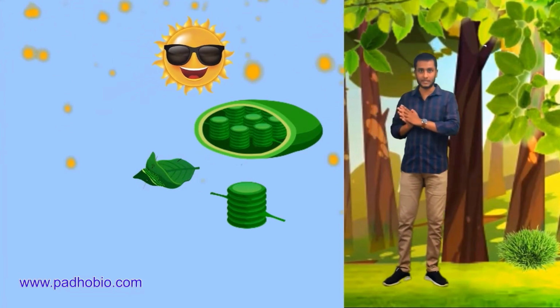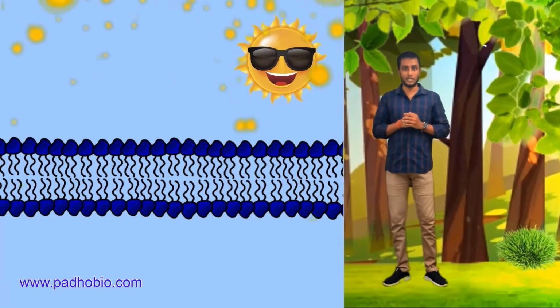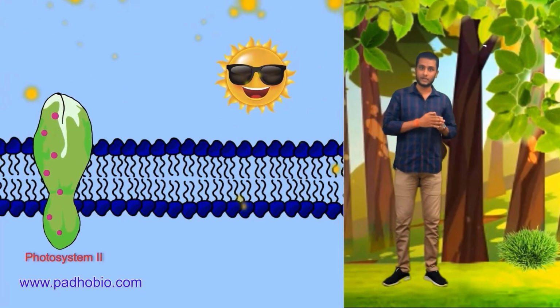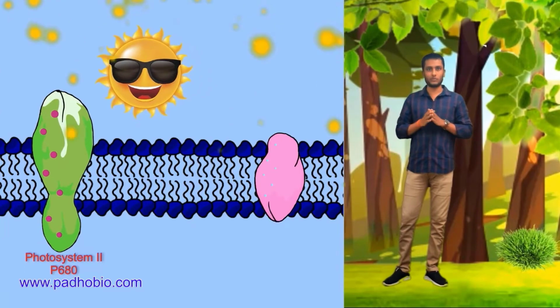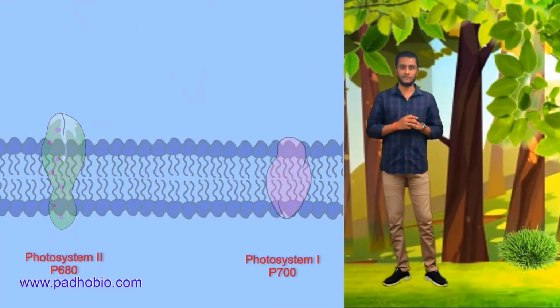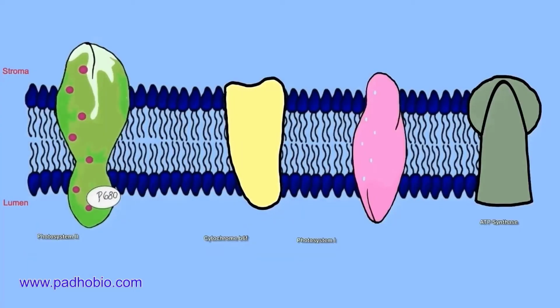So during sunlight, when photon particles reach a leaf surface, they come in contact with the chloroplast, where the thylakoid membrane is present. And in this thylakoid membrane, there are photosystems available, that is photosystem second or P680 and also photosystem first or P700. The names photosystem second and photosystem first are given to them based on their discovery but not on their positions. And here P680 or P700 indicates the wavelength of light that will be absorbed to excite the photosystem.